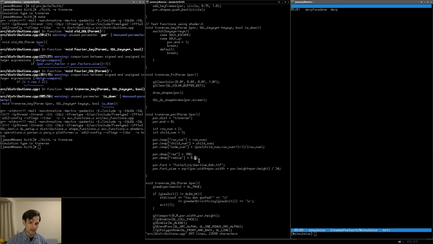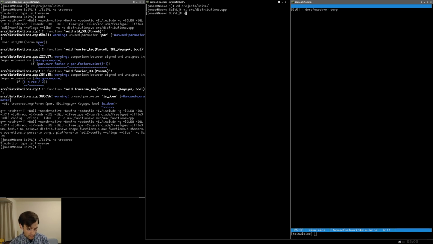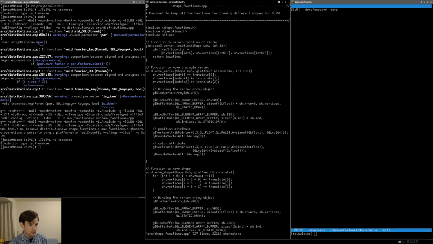So first thing we need to do is add in the ability to change color with time. Now, the nice thing is that we already have something that kind of sort of does that, just in a little bit of a weird way. So let me go into VI source and shape functions. We have this thing called move vertex. Now, move vertex basically takes a shape and translates it some distance, right? So the issue here is that when we do this, we can move the vertex a certain distance or whatever, but the way that we have the vertices and the indices kind of held together, basically we're sending in a